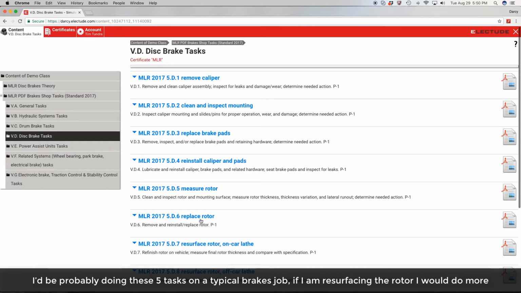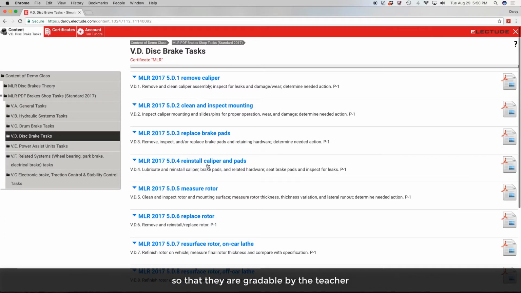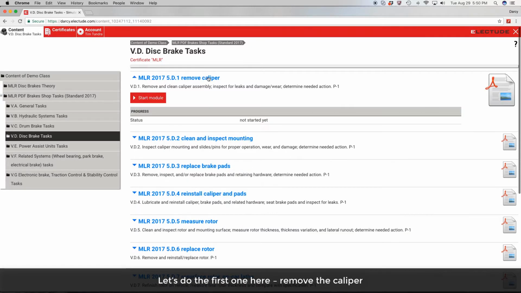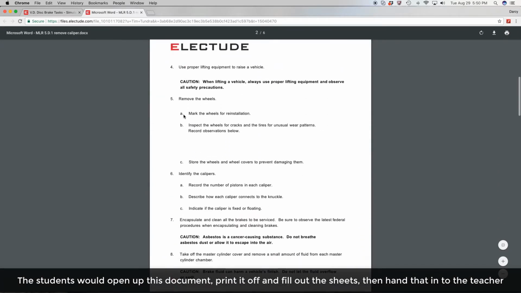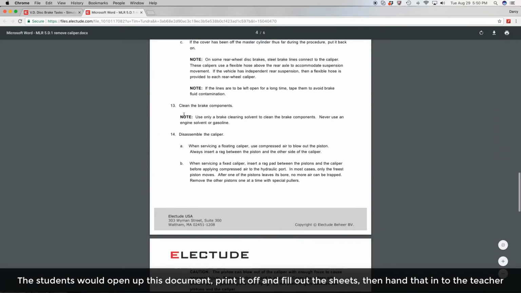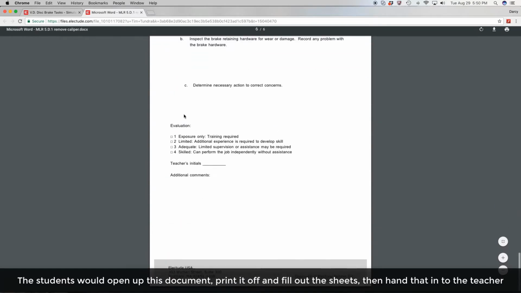If I'm resurfacing the rotors, I would do more. But so if I'm doing this job on the car, I need to open all of these tasks and fill out the sheets so that they're gradable by the teacher. So let's do the first one here, remove caliper. So the student would open up this document, print it off, and fill out these sheets, and then hand that in to the teacher for